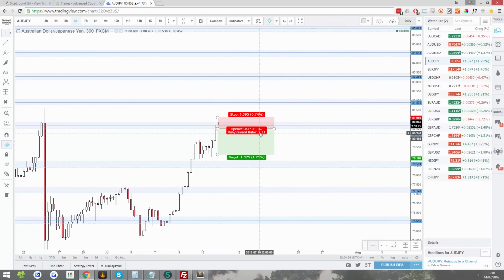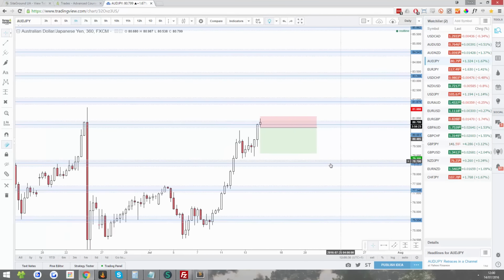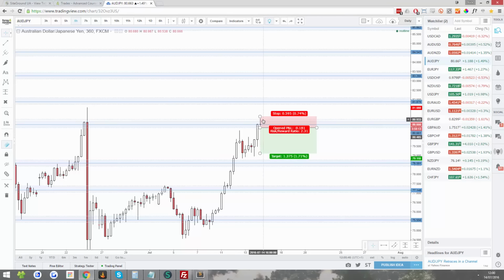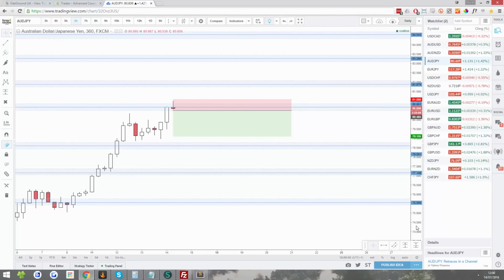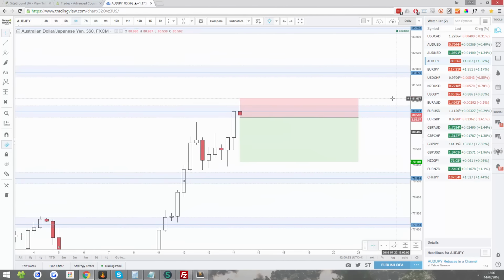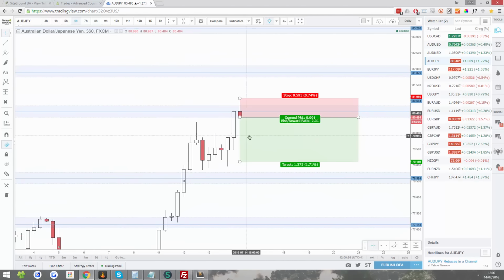Yeah, see, that gives us a 2.3 risk to reward ratio. Gives us a pretty decent stop loss. It's a safe stop loss. It's well above the resistance area, and it's above the previous high, or the current high of this candle. Let's zoom in a bit. So yeah, it's above the current high of this candle. Price is